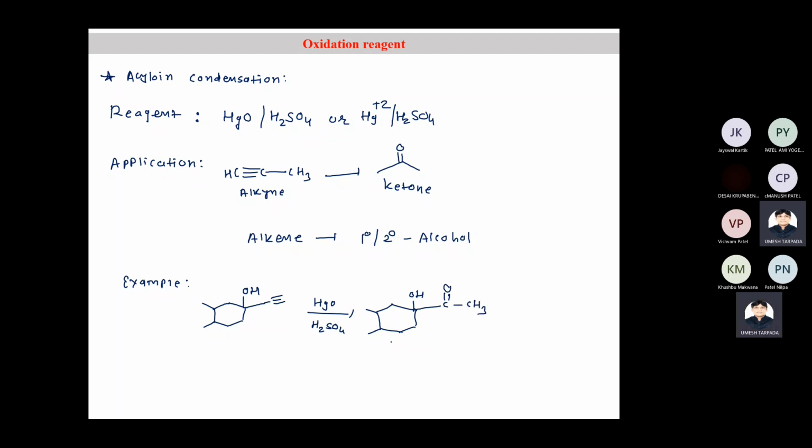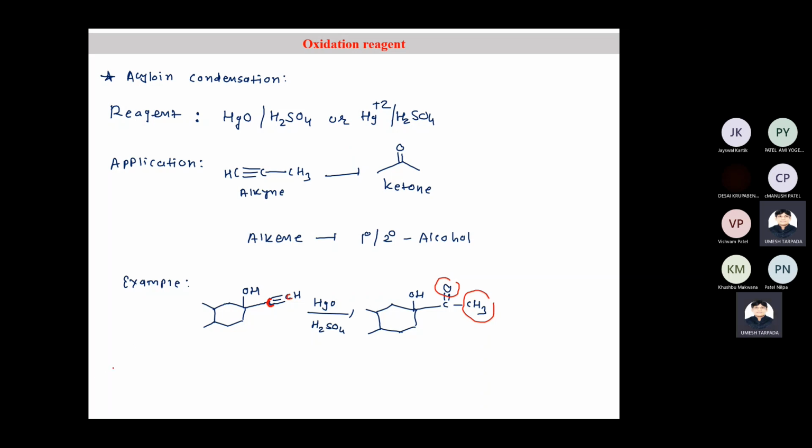So this triple bond is converted to, it is just a kind of acidic hydrolysis. What happens? At the internal carbon, oxygen is added, and at the terminal carbon, 2 hydrogens are added. Ultimately, it is a hydrolysis, acidic hydrolysis. Here 2 hydrogens come. So CH is converted to CH3, and here oxygen is added. So you are getting this product.